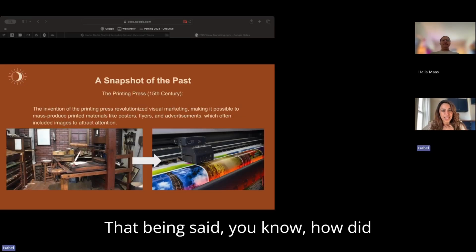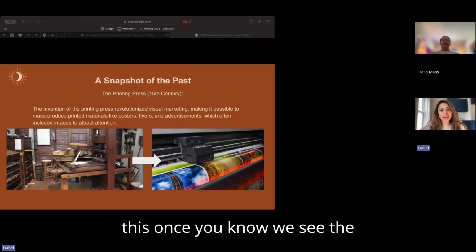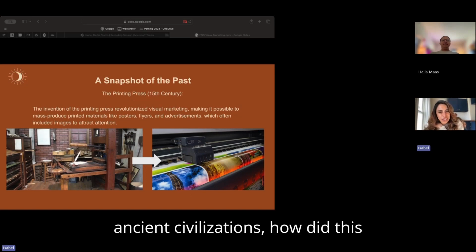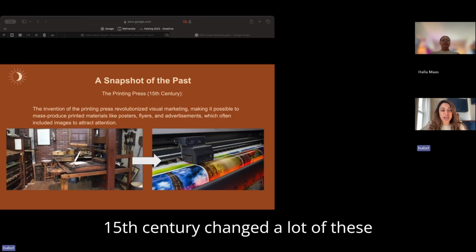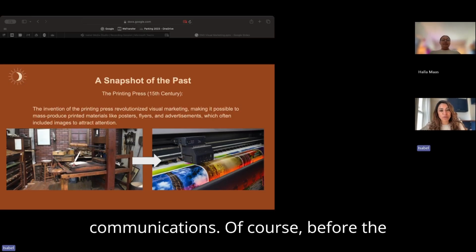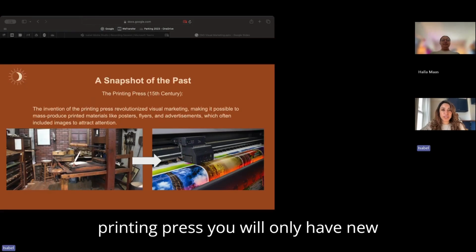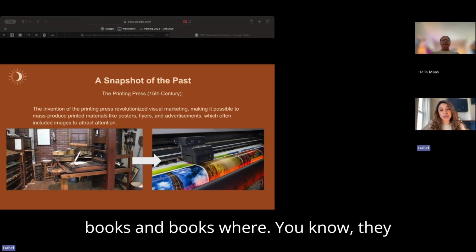With that being said, once we see the ancient civilizations, how did this change? Well, the printing press in the 15th century changed a lot of these communications. Of course, before the printing press, you only had books, and books were